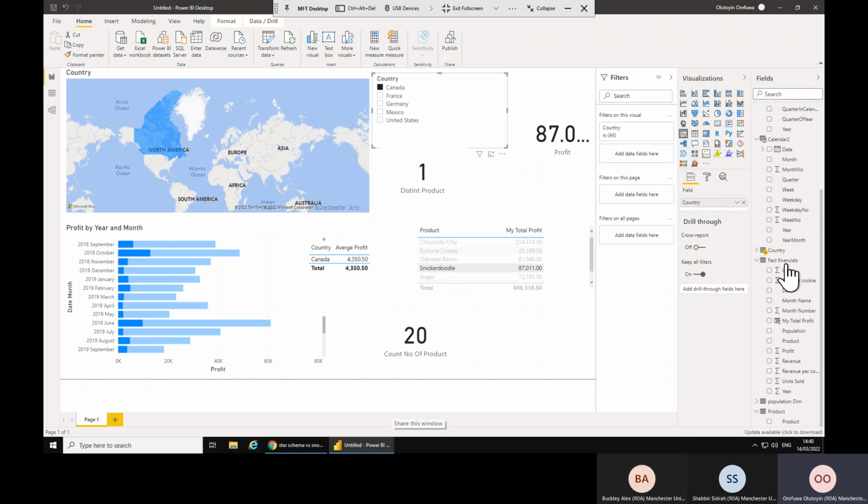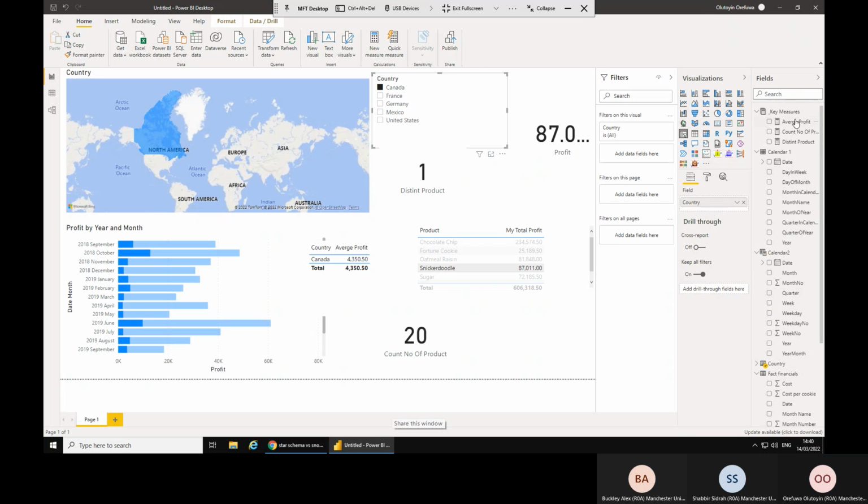So that will be what we call implicit measures, right? Those are implicit measures. However, the DAX that we created, the ones with the calculator symbol before the measure name, those will be the explicit measures,